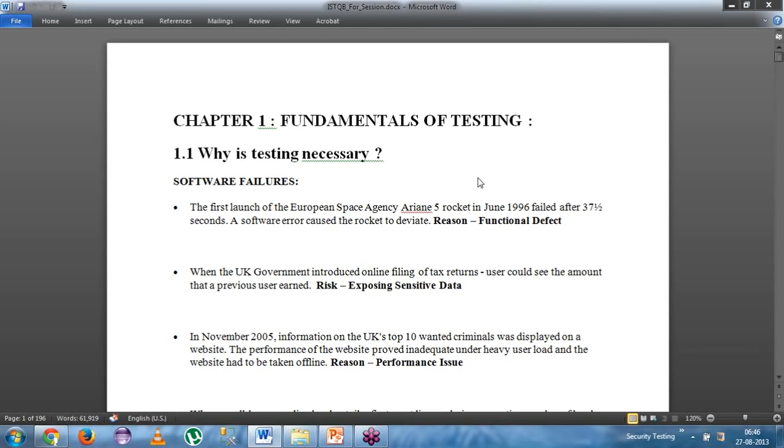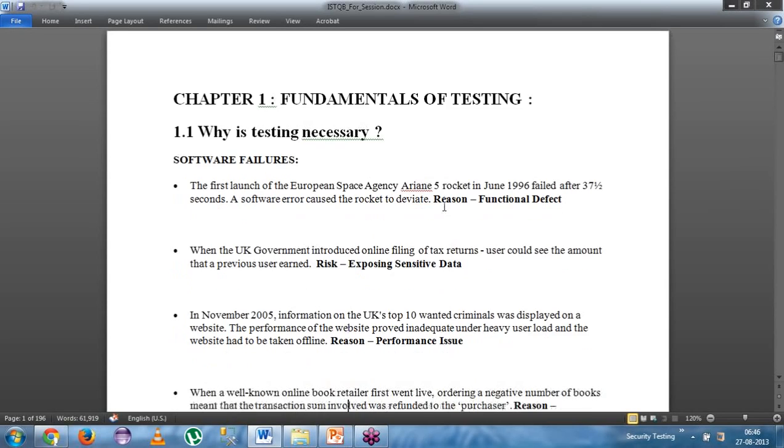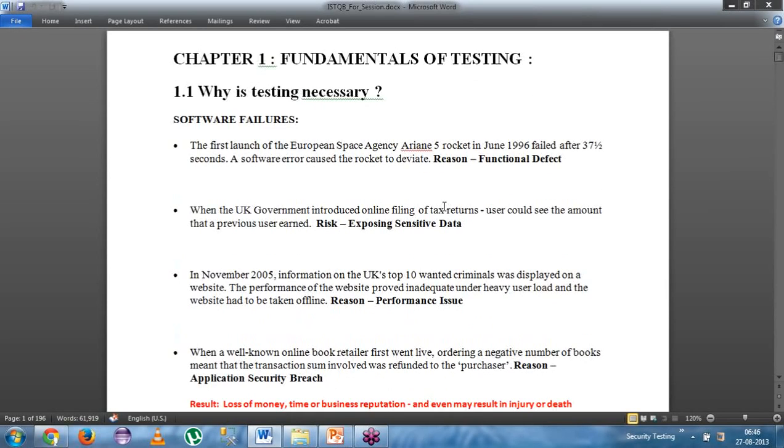Alright. So here are a few examples or scenarios, the reason why we need to go for testing. Way back in 1996, the European Space Agency launched a rocket which failed miserably just after 37.5 seconds. The reason for it was a functional defect in a piece of software that they had developed. And we can also see many other examples, such as when the UK government introduced online filing of tax returns,